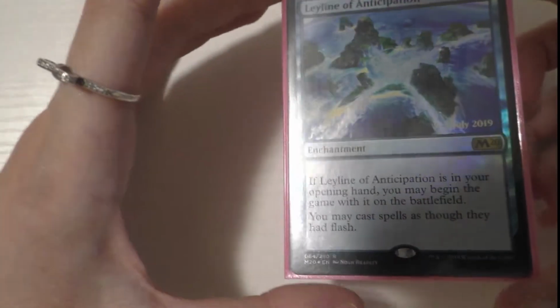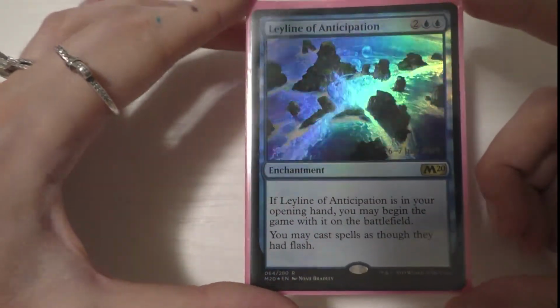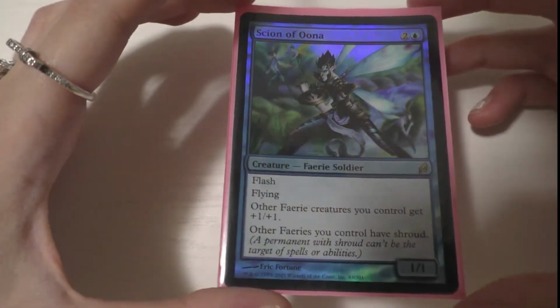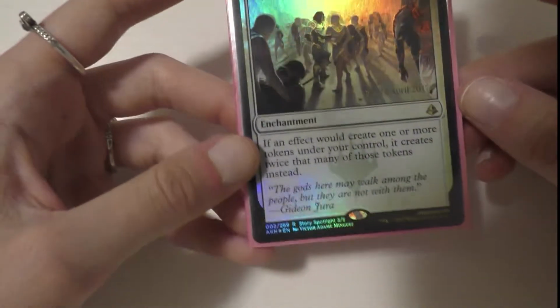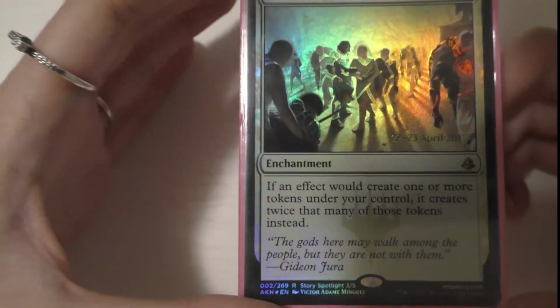I also got the time-stamped Leyline of Anticipation, which this card is so great. I love it a lot. And I love that it's timestamped, so I picked that up. I also got a foil Scion of Una, which is so incredibly good. Love that card. And I also got, very exciting, the time-stamped Anointed Procession, which I actually, the reason I got